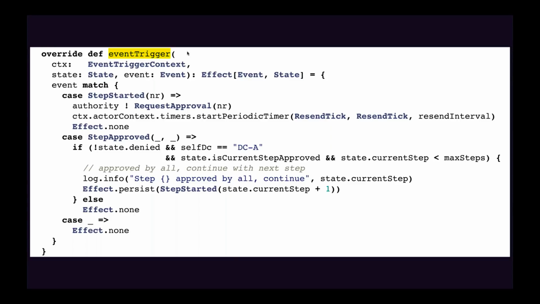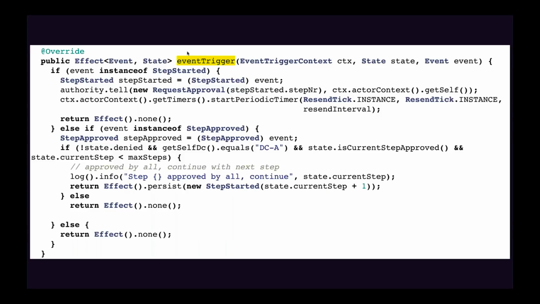But the idea is that if you want to do some additional work after the event has been processed and propagated between data centers, this example goes into a multi-step process where once all the data centers have processed the event, then it can trigger some kind of state change in the entities. So just wanted to show you there are other methods that allow you to hook into the flow of the processing of commands and events in this class. Here's the Java implementation of the same event trigger.